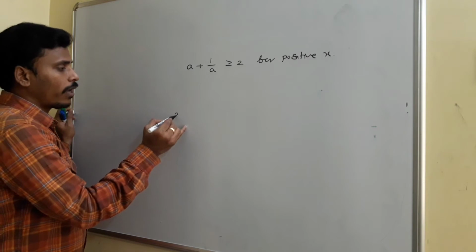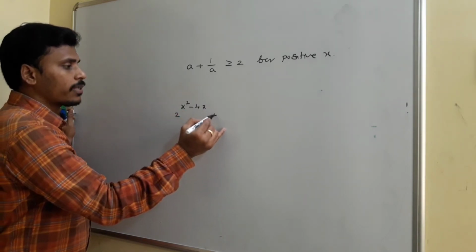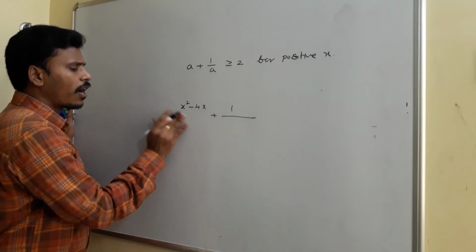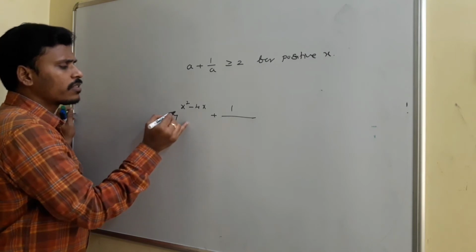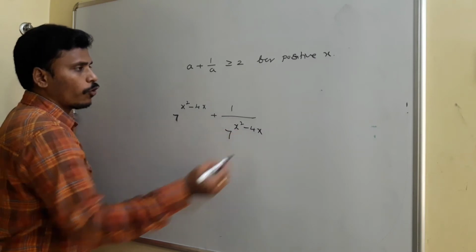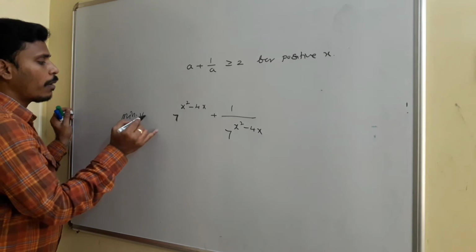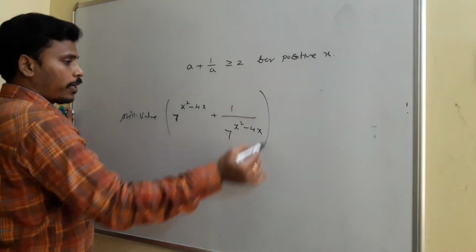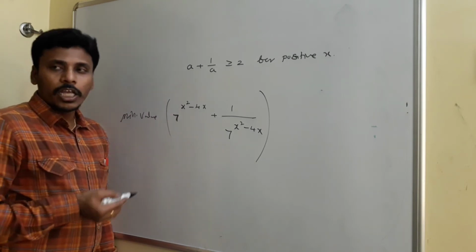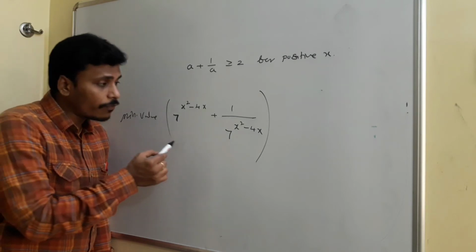With this particular idea, you have different chances to utilize. Suppose I give you this: 2 to the power x square minus 4x plus, or instead of 2 you may take 7, no problem, 1 by 7 to the power x square minus 4x, plus 7 to the power x square minus 4x. You need to give its minimum value, right? What is the minimum value of this expression? This is one expression where x is a real number, right? You can take any value in the place of x. For different values of x, you will get different results.